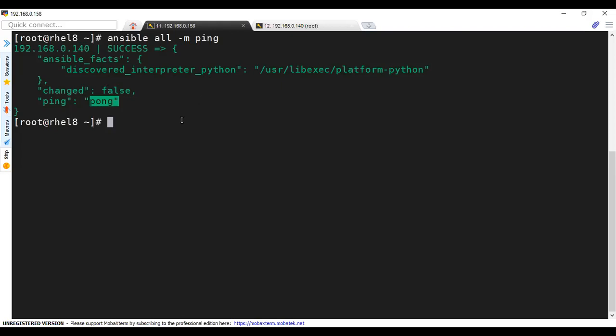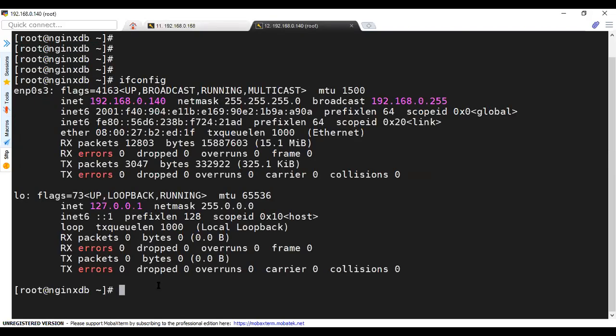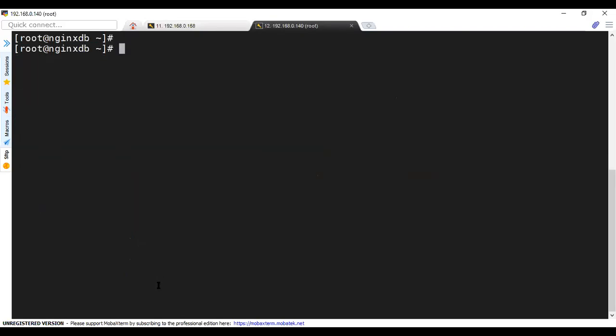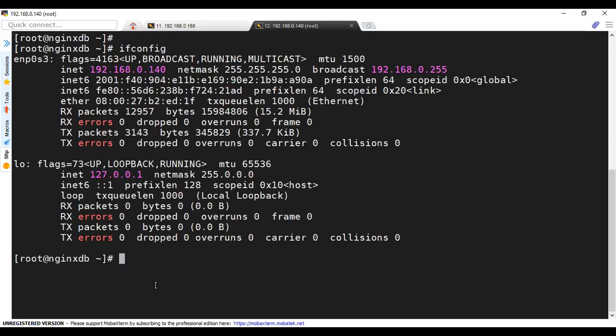So now let's get started with our first task, wherein I have to install the HTTPD service on my remote server. Before this, let's see. If I try in here, I can see that the IP address is 192.168.0.140.